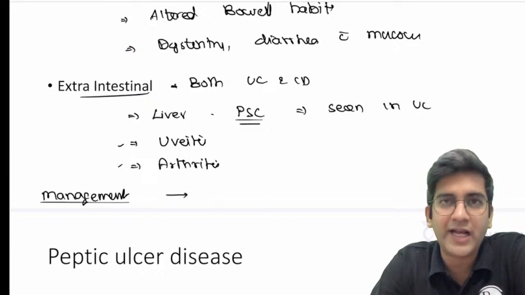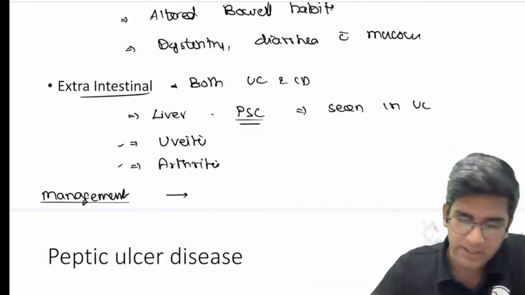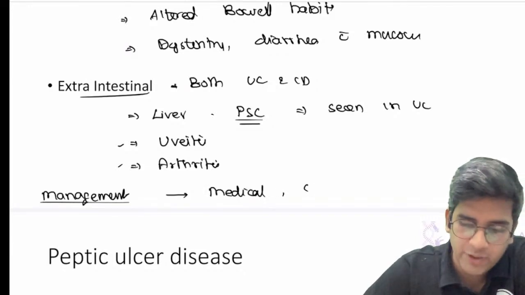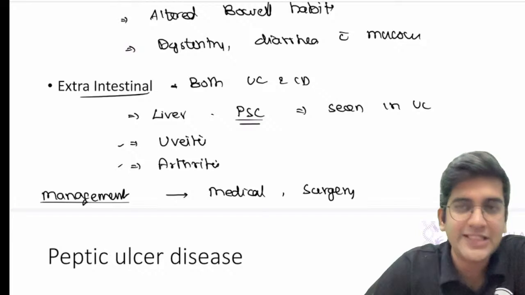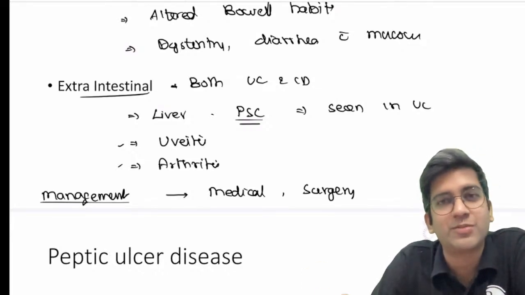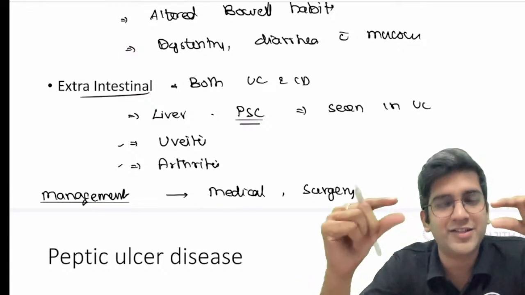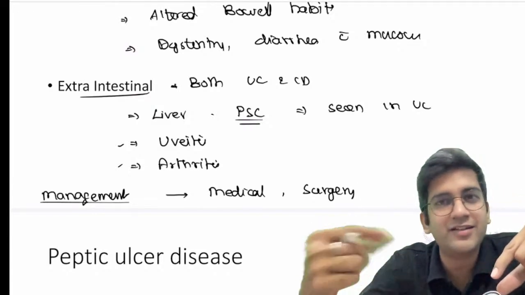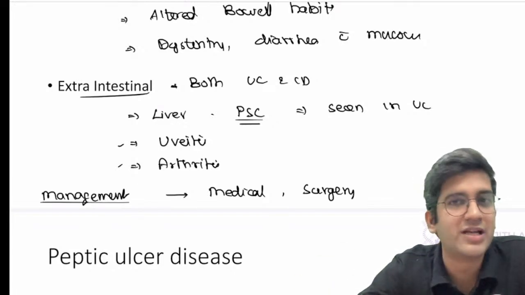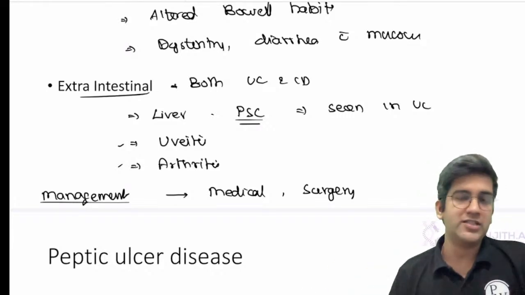Worst case scenario, I need a surgical removal in order to prevent adenocarcinoma. That's how finally it is. So you know the management. It has both medical management as well as surgical management. See, exam is only a mind game. You have to make sure the examiner understands you know the subject. Play the examiner, that's it. Put two headings, medical, surgical. Three drugs in medical, resection in surgical, that's all. If there's a risk of carcinoma, resect it so that the patient will not have a carcinoma. As simple as that. Regular follow-up is always important. That's about ulcerative colitis and Crohn's.